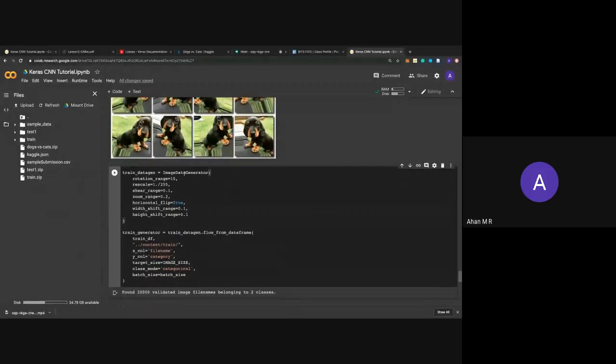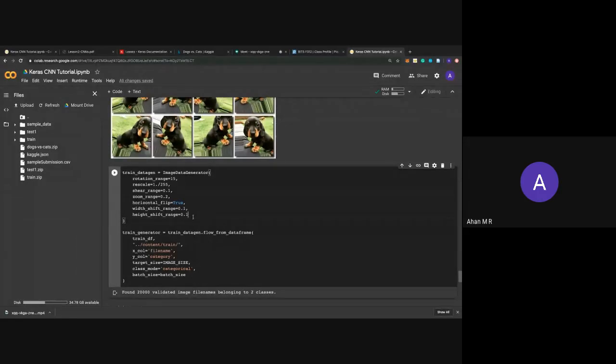So image data generator, I set the rotation range, and all of these are available in the documentation. So how do you change it, or what exactly do you do? Like whether I'm zooming it, or if I chose to horizontally flip it or not. If I make it false, it won't be flipped horizontally. So on, you can set these parameters however you want. I'm using the same generator for the train set and validation set. So basically it performs all these operations.